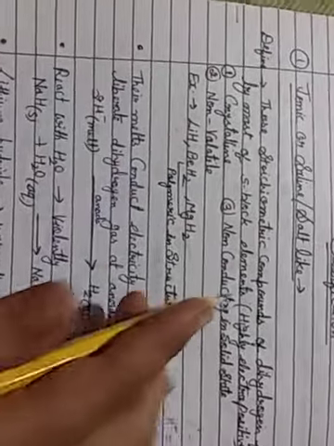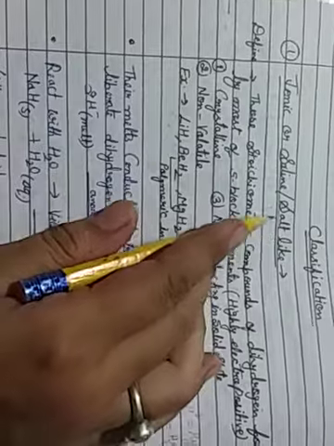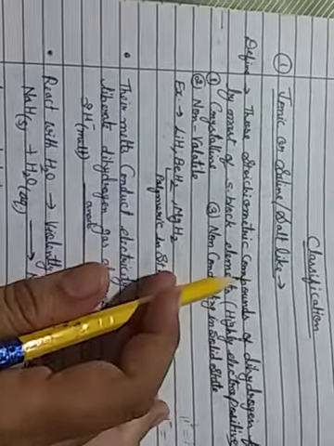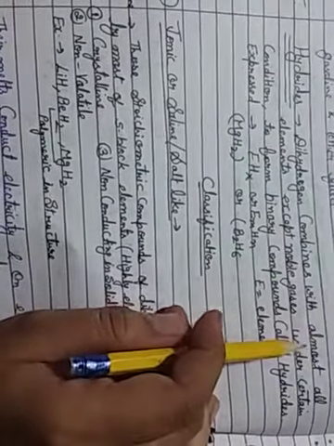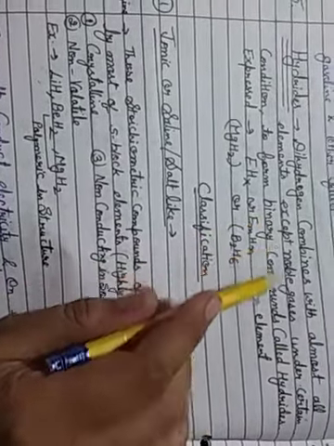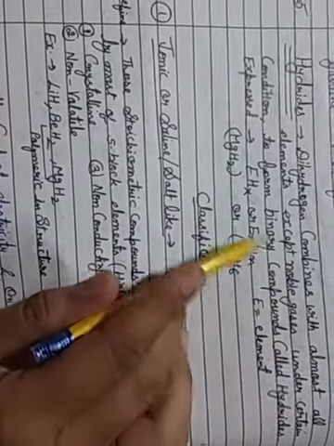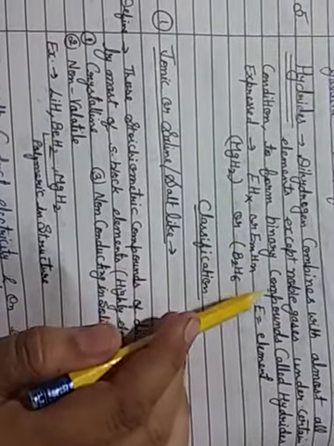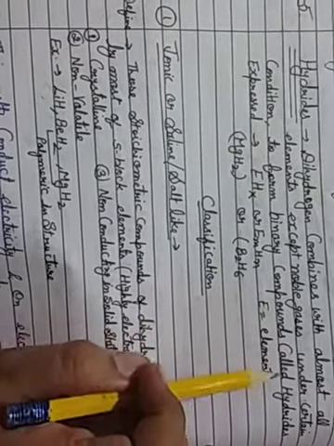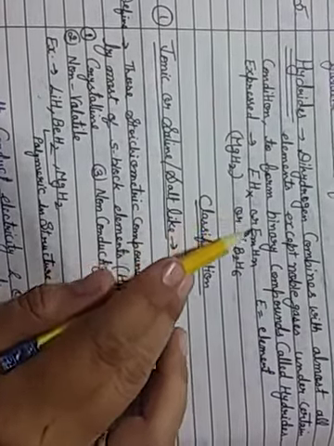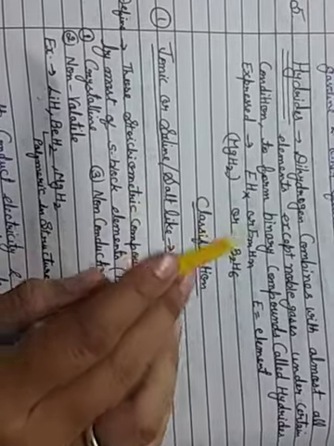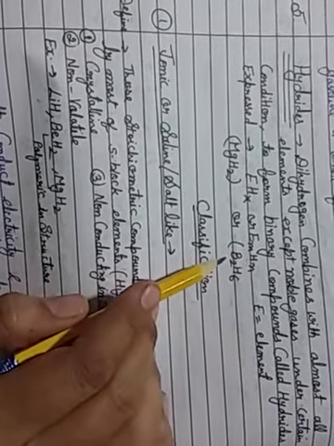So this first topic is ionic or salt-like saline hydride. Again, explaining: dihydrogen combines with almost all elements except noble gases under certain conditions to form binary compounds, which are called hydrides. They are expressed as EHx, like MgH2, or EmHn, for example B2H6.